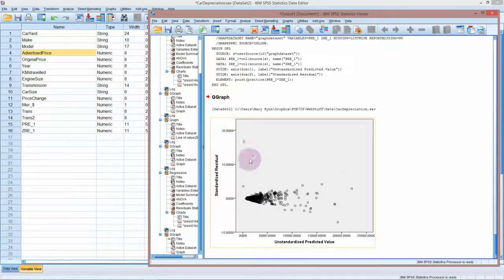Now we do have these two outliers, and if you remember back to when we looked at this data set before, this was the cars that were bought very, very cheaply and sold for astronomical prices because they were done up as show cars or prestige cars, and they don't really fit with the rest of the data. So it's worth deleting these or removing them and running the analysis again. But even with them in there,